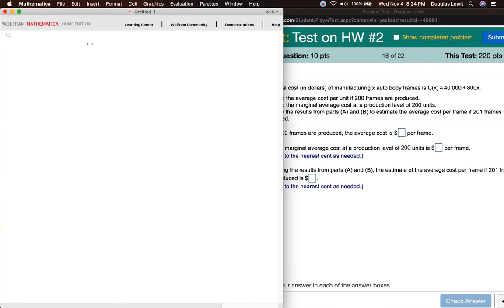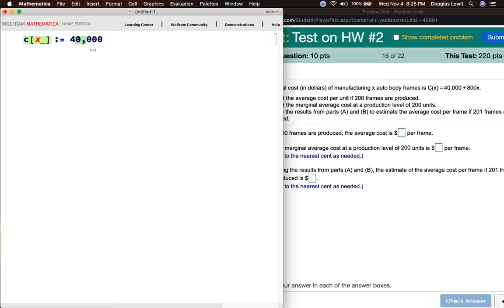So first of all, we're going to define the function c. Mathematica will not allow you to use capital C, so why don't we use lowercase c? c of x is equal to 40,000. By the way, I did not type the comma. This comma right over here